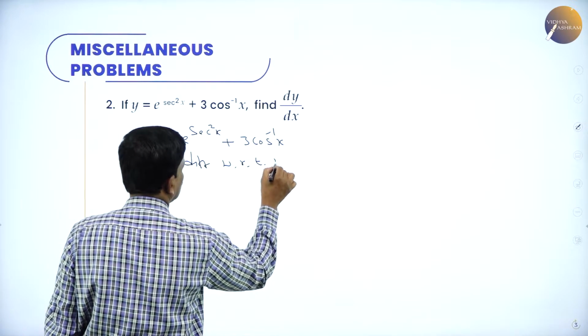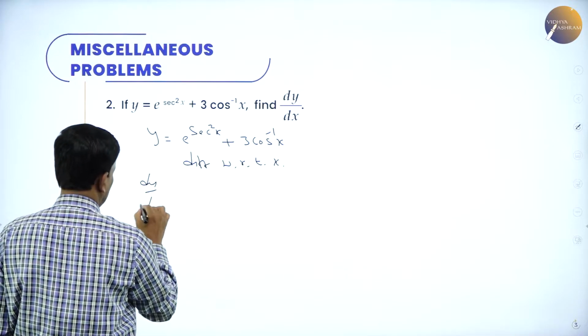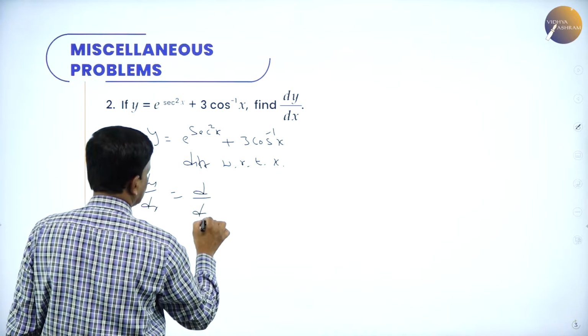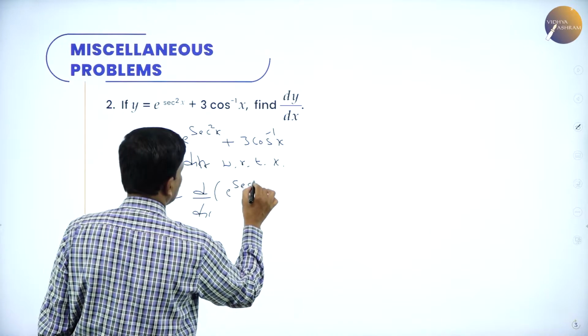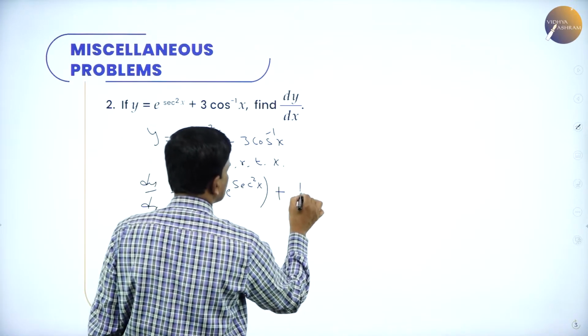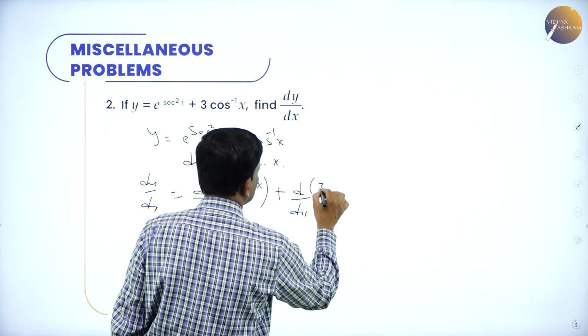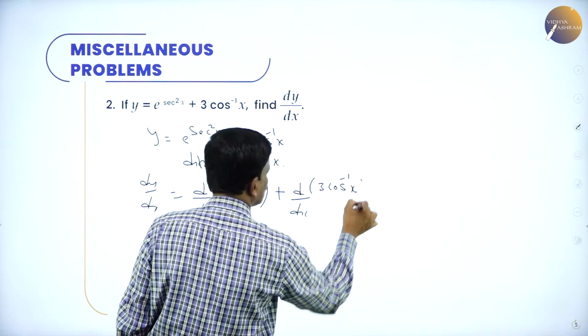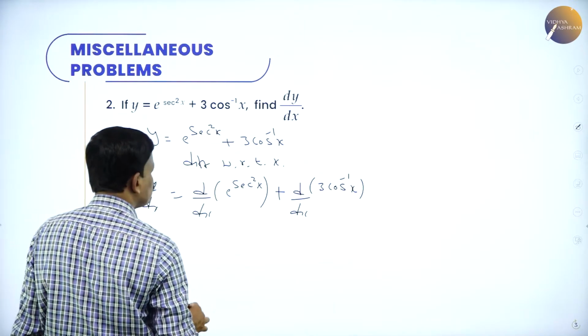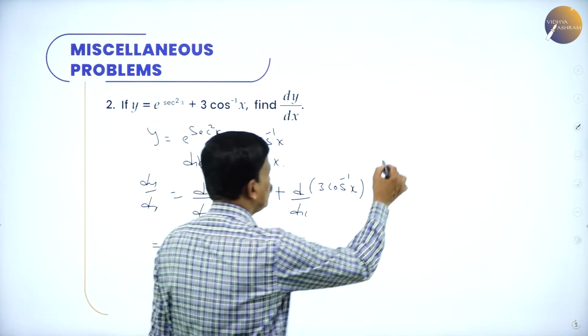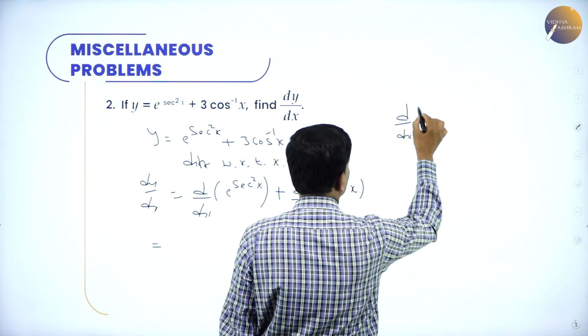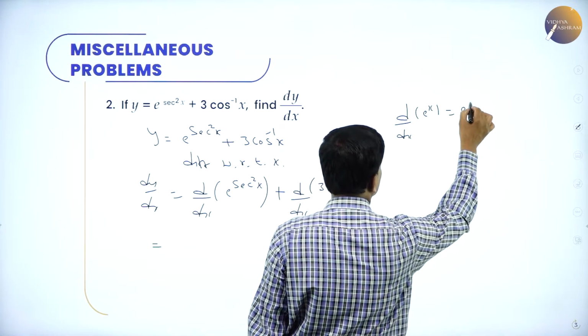Differentiating with respect to x, what will you get? dy by dx is equal to term by term differentiation: d by dx of e to the power of secant square x plus d by dx of 3 times cos inverse of x. Now, since you know d by dx of e to the power of x is e raised to x itself,